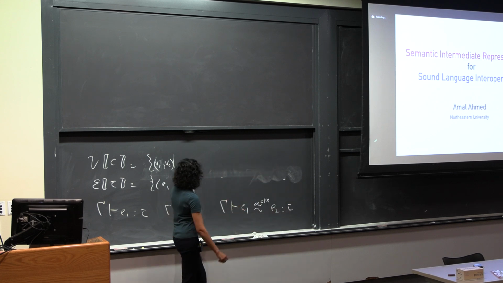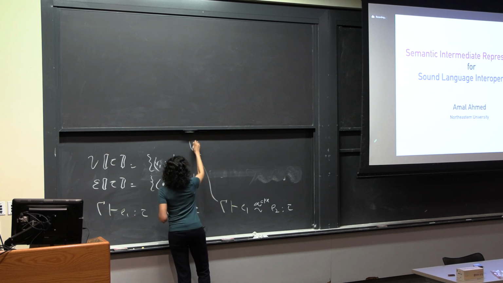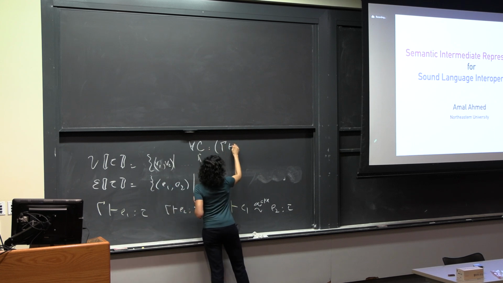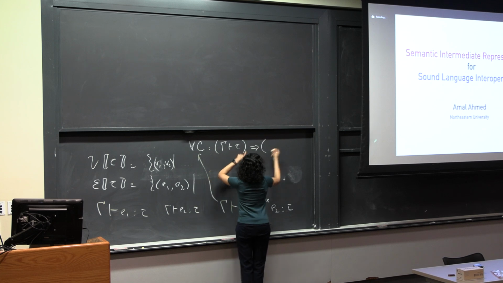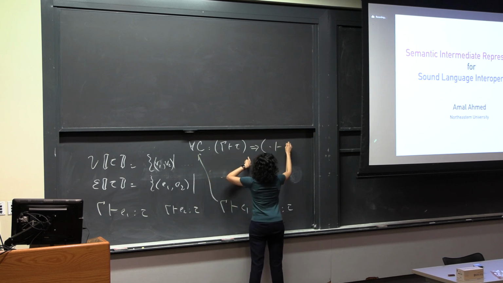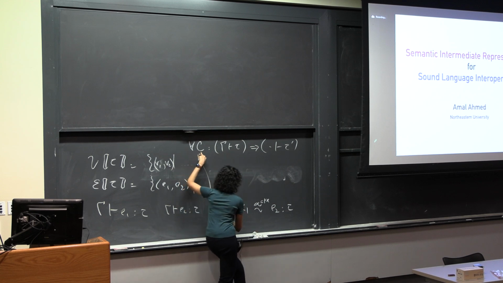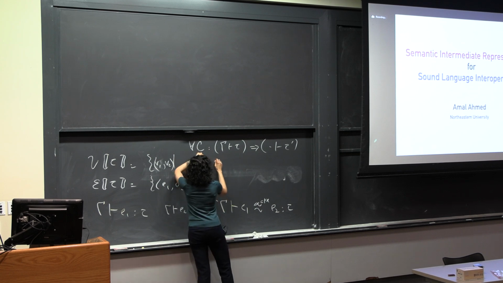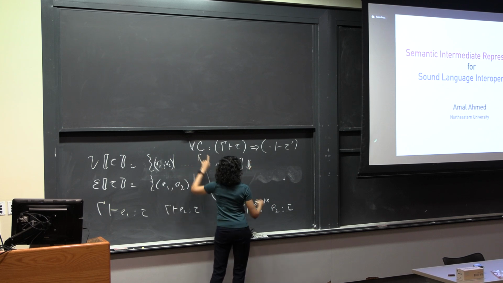The definition of contextual equivalence, I should have written this up here, basically says that for all contexts C that have a hole that is willing to accept terms of type tau, which may have open variables from this gamma, given that maybe I have a closed program that has some other result type tau prime. So given any context that has a hole of the right shape, a hole that accepts E1 and E2, if I stick E1 into the hole and it terminates,